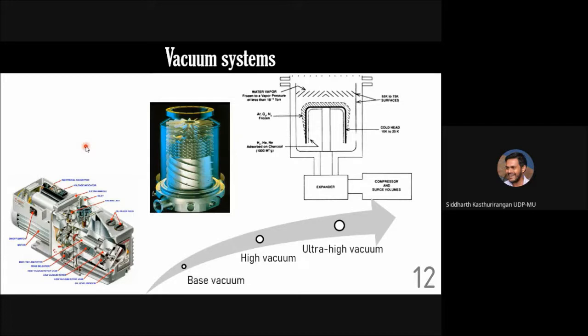At that time, the molecule's mean free path is so high that collisions with the walls of the chamber are much more likely than collisions with each other. So the gas no longer behaves like a fluid, with collective motion of several molecules, but it starts behaving like several isolated molecules which are not talking with each other. They are more likely to collide with the wall than with each other.